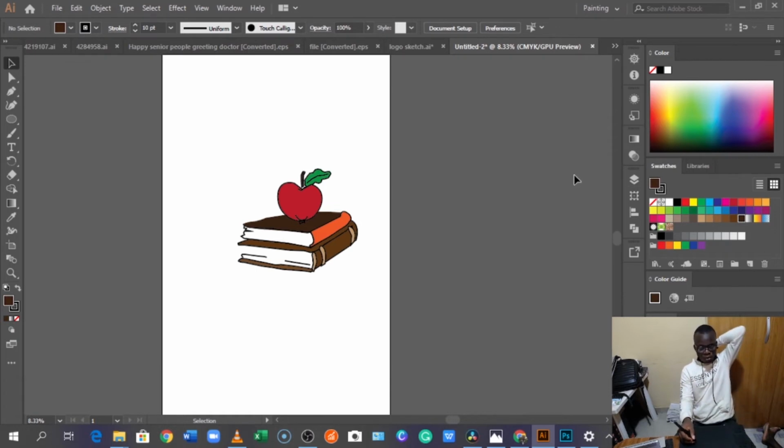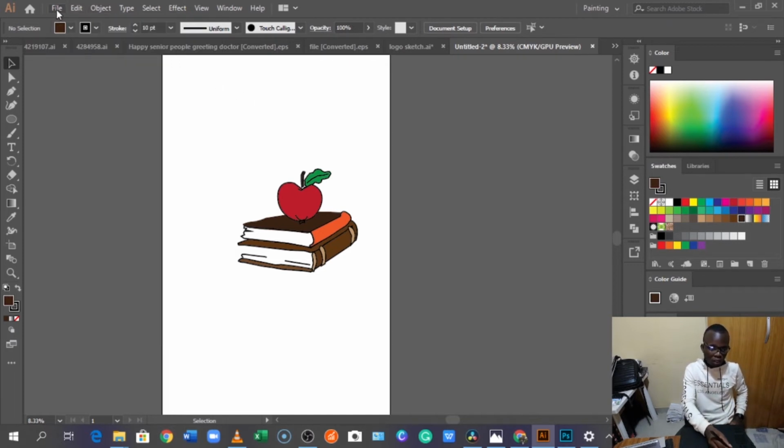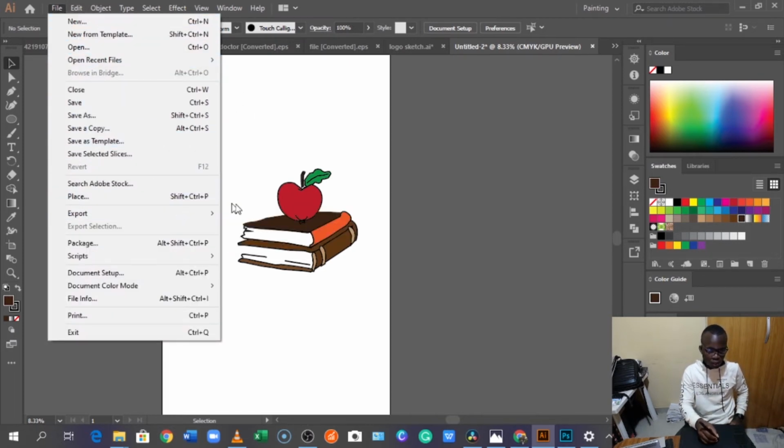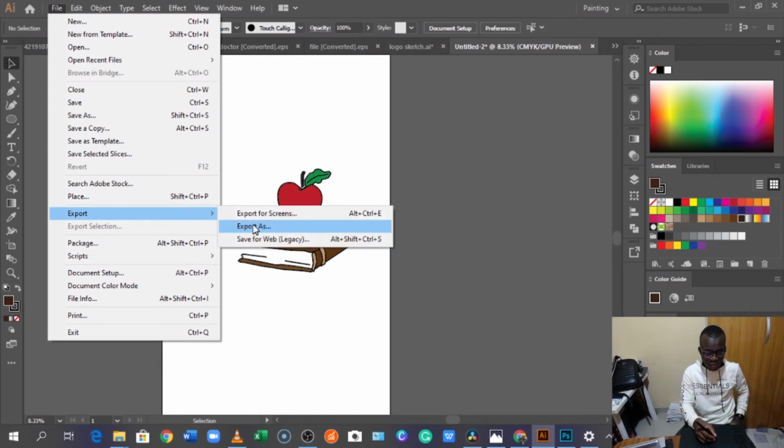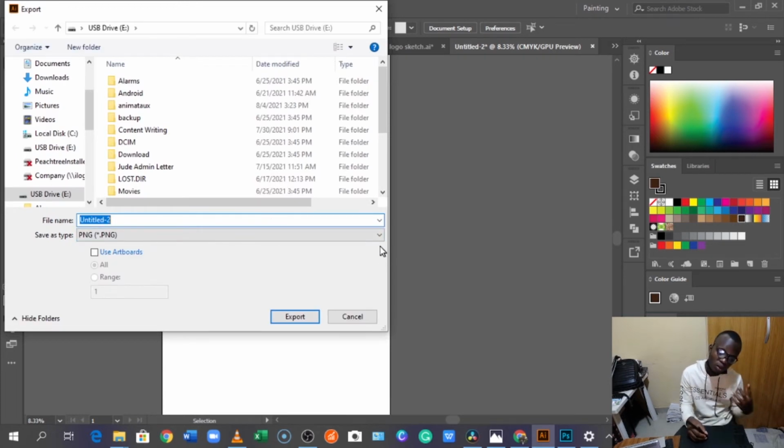Okay, so yeah, we redesigned the sketch, and this is what we get from the sketch. Now let's convert it. Let's export it as a flat logo. After you sketch, you come to File, then you go to Export. You click on Export As. Then, prior to what I told you the other time, you make sure that you save it in